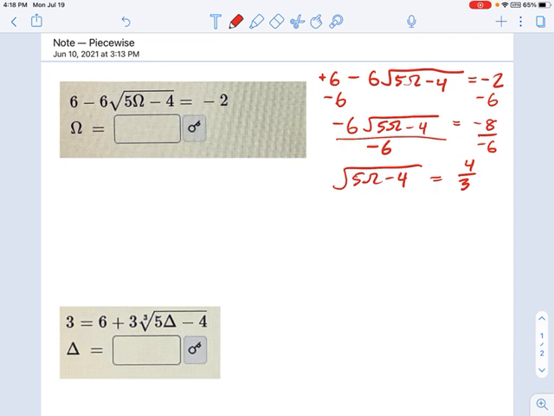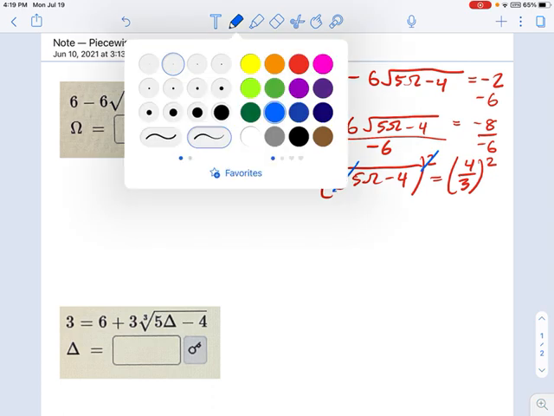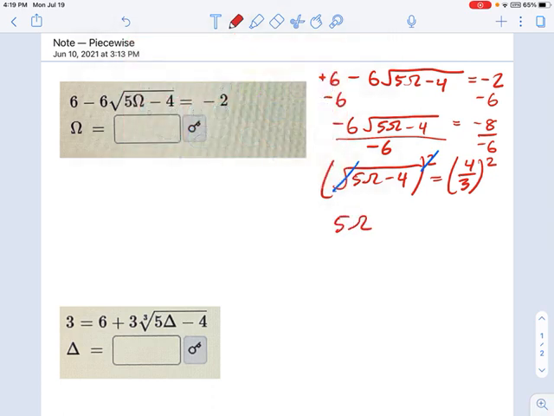Now, what do we keep doing here along the lines of inverse operations? The inverses of addition and multiplication were clear. You may not remember, but the way you do an inverse operation with the square root sign is to square it. Exponents cancel out radical signs. They're inverses of each other. And if I square the left, I'm going to have to square the right too. So we square both sides. That's going to cancel out the exponent and the radical sign. And what's left is the thing under the radical, the radicand, 5 omega minus 4 equals, in this case,